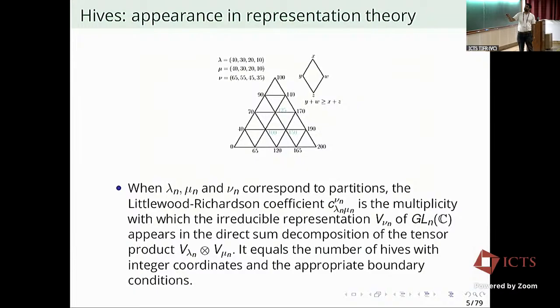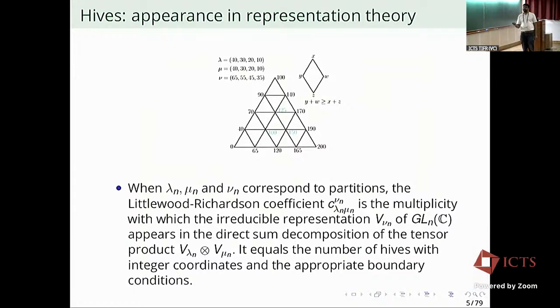You go here adding successive entries of lambda, go down here adding successive entries of mu, go from left to right adding successive entries of nu. So these integer hives are like lattice points in some polytope, right? So the lattice points in this polytope correspond to Littlewood-Richardson coefficients. And as we'll see, the volume of these polytopes arises naturally in the randomized Horn problem,